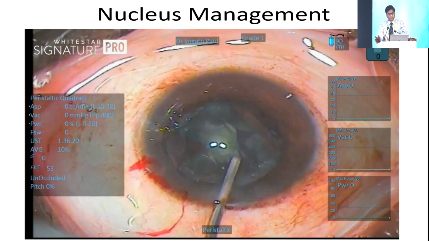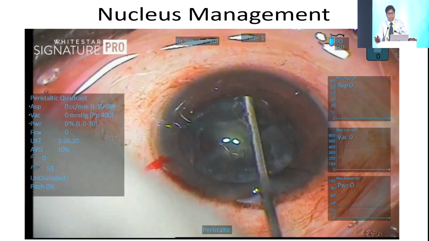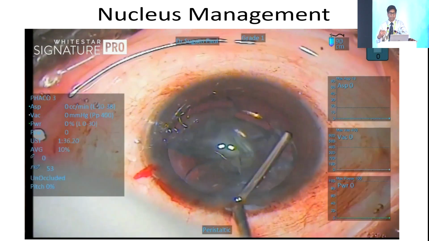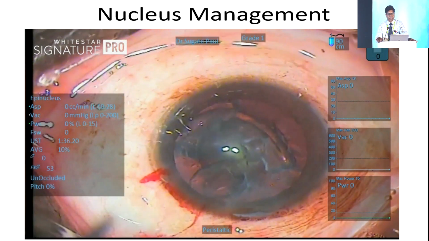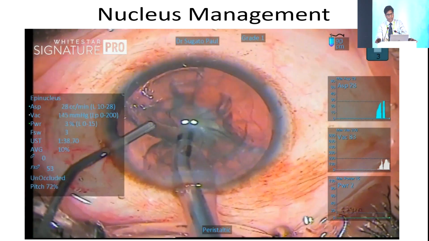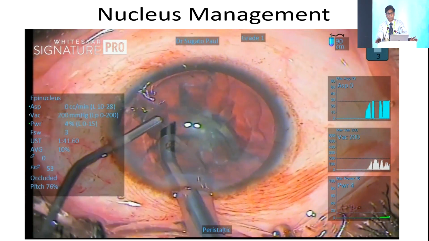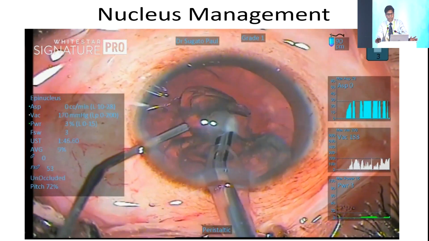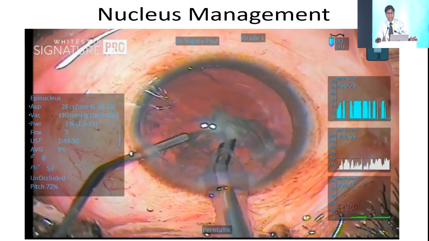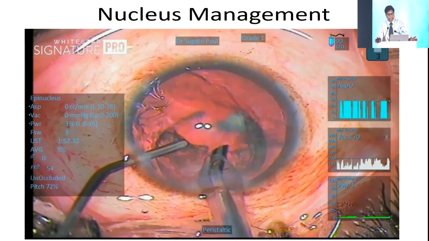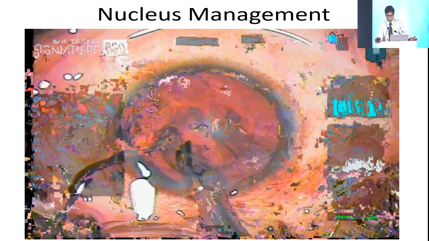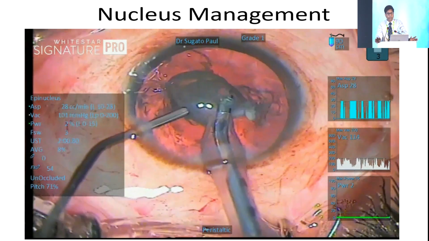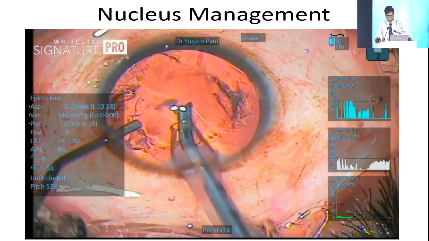So I'm in different places, putting visco to leave that out. My job has become easier because I had made a cleavage in the beginning. And once that is done, you see my second instrument is not a chopper or dialer anymore, it is the viscoelastic cannula, so that I can fill it in whenever required. And I just take out the loosened epicortex and fill in with the viscoelastic.